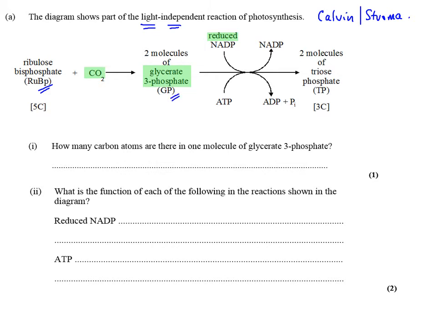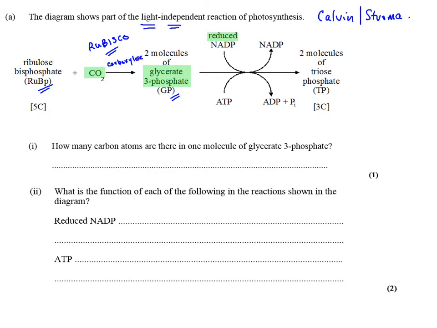Now this reaction, we can annotate the question itself. It's actually catalyzed by an enzyme called Rubisco, and that stands for ribulose bisphosphate carboxylase oxygenase. So this reaction here, because it's adding carbon dioxide or fixing carbon dioxide onto the 5-carbon ribulose bisphosphate, is a carboxylase reaction. So we can put here